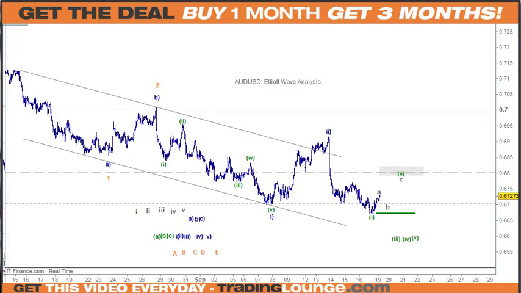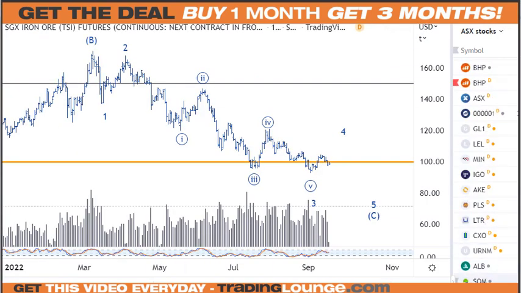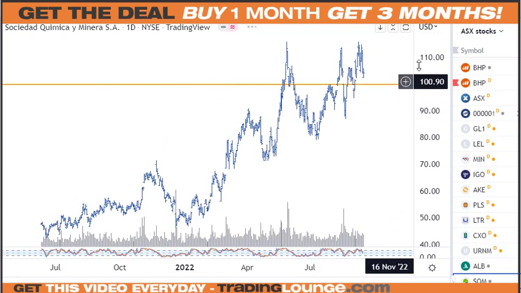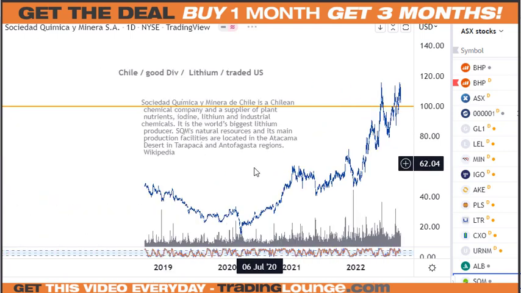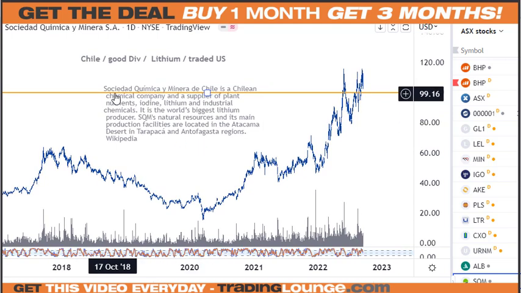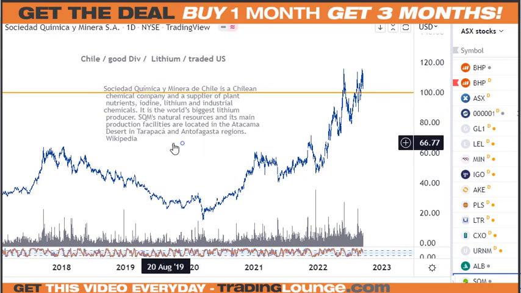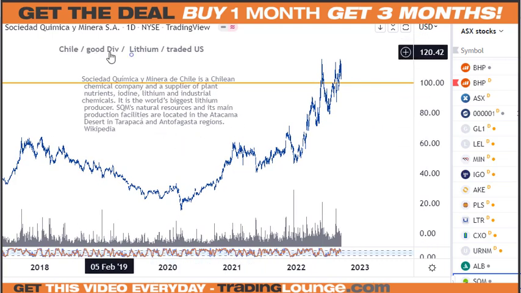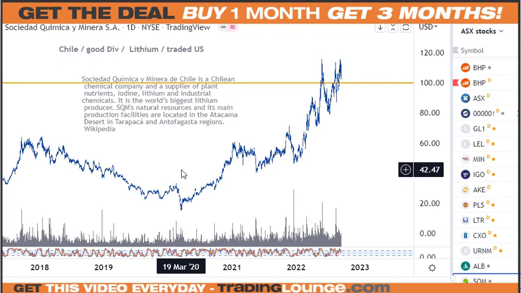And then we want to move over to have a look at the lithium stocks. So I did find this particular one here, which is traded on the US market, but it's out of Chile. It's one of the biggest, Sociedad Química. I don't know how to pronounce that. Anyway, I just thought I'd keep a bit of an eye on it. It's got a good dividend, I noticed, because if you're going to be holding a lithium stock long term, you really want some paydays along the way.